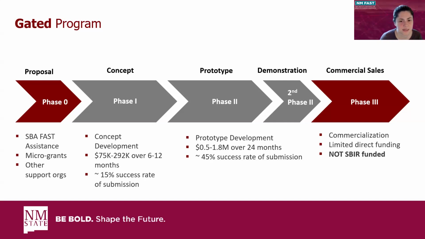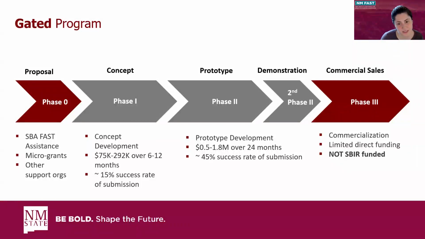And for the success rates, it increases slightly since folks that have had a successful phase 1 are the ones that are eligible to apply for phase 2. So there's about a 50% success rate on phase 2 submissions. It ranges between agencies, so keep that in mind as well. We always recommend, as you are in your phase 1, connecting with your contracting officers or your grant managers to make sure that you are delivering on what you promised, that your milestones are what they're expecting,